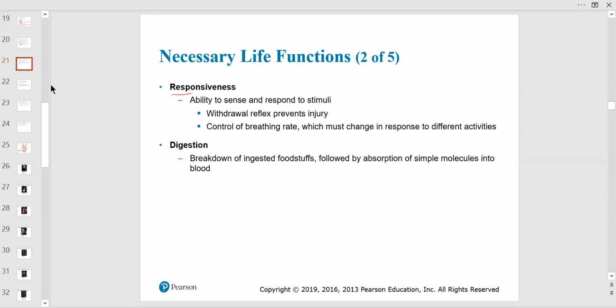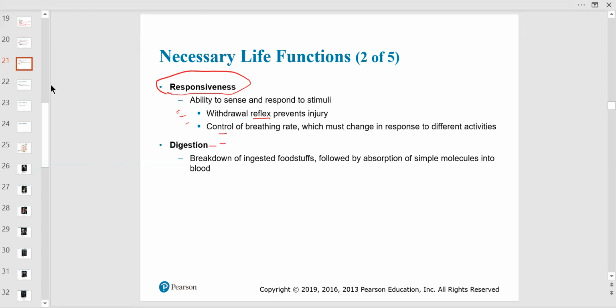So responsiveness and the activity of the nervous system, we're going to see. We're going to talk about reflexes, which don't involve voluntary thought for muscle contractions. And they're real preventative mechanisms. Again, just like reproduction, we want to get those genes to the next generation as best we can. So we have to survive to do that. So being responsive to changes is really important. You'll see that when we do feedback mechanisms in a little bit.